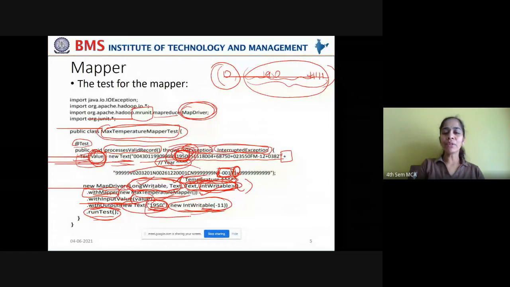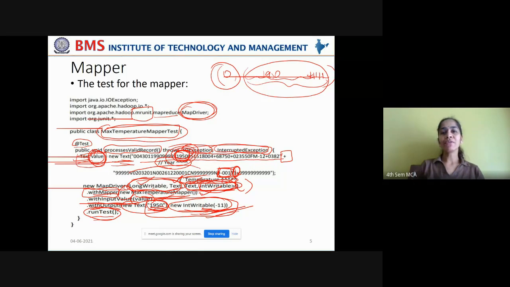Now, if the original result is not equal to this expected result, then it will give an error. That is how you have to write unit tests.